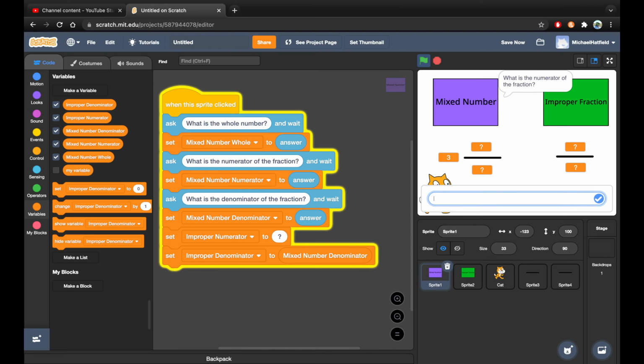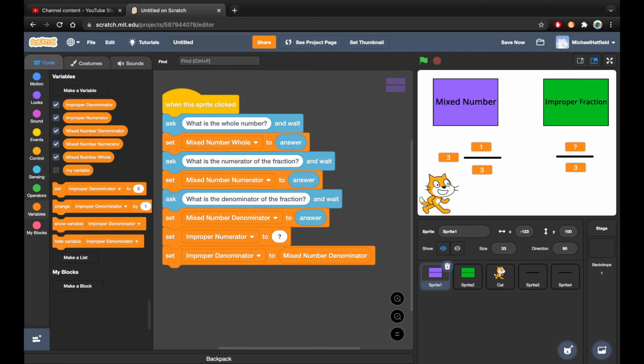So 3 1/3. So it automatically sets this to 3 because the bottom, the denominator, is not going to change when you convert from a mixed to an improper or back and forth. That's not going to change. Now what does change is the improper numerator part, so this part here. So if you remember how to do this by hand, to calculate this, you multiply the denominator times the whole number, and then you add the numerator,